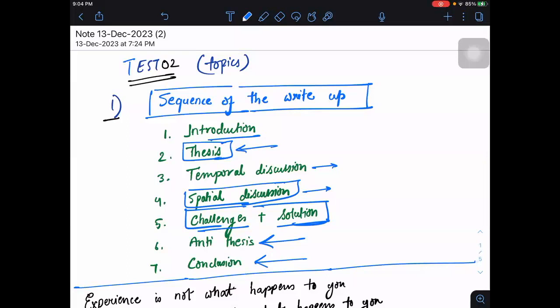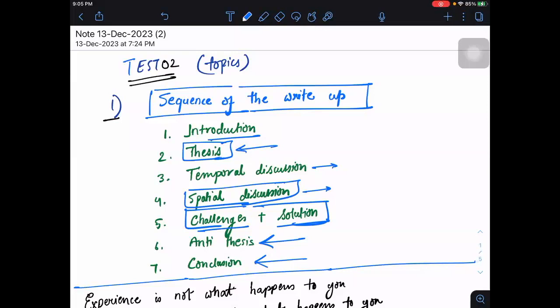And then there are two ways to divide an essay. One way is to justify the topic in a temporal as well as a spatial manner. Temporal means you need to talk about historical topics which relate to the essay topic that you're choosing. Secondly, the spatial discussion. In spatial discussion, you will include multiple sectors from the current era, right? You will include society, polity, economy, defense, any other sector that you can think of in the spatial discussion, because